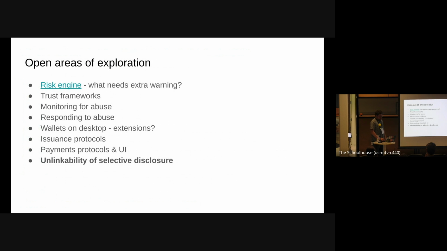Okay, we got a lot of stuff that we're still exploring here. Like you saw that interstitial that got shown. How should the browser reason about which identity presentations are risky, which aren't? This is a whole dialogue that's happening. For example, in Europe, you will have to get a trust mark from the government basically to be able to request any of these credentials. We think that's probably a pretty good property, but in the US, the approach is different. The government doesn't feel they're in a position to say who should be allowed to look at your driver's license and who shouldn't.